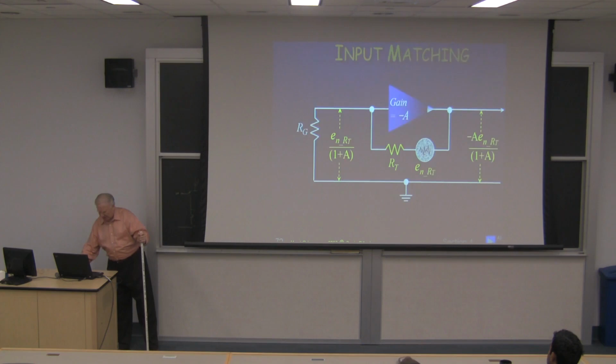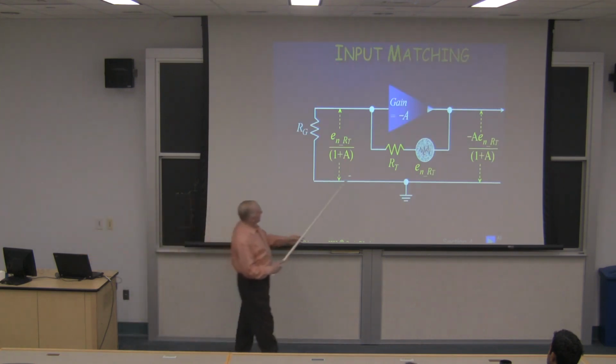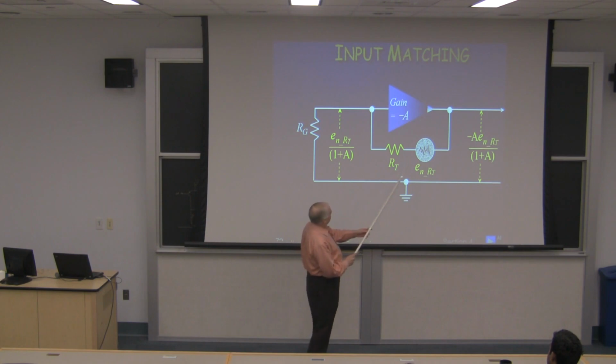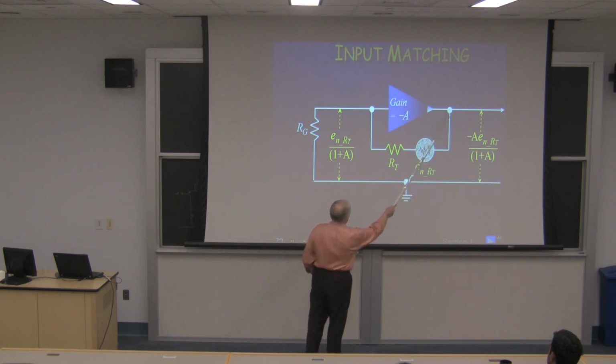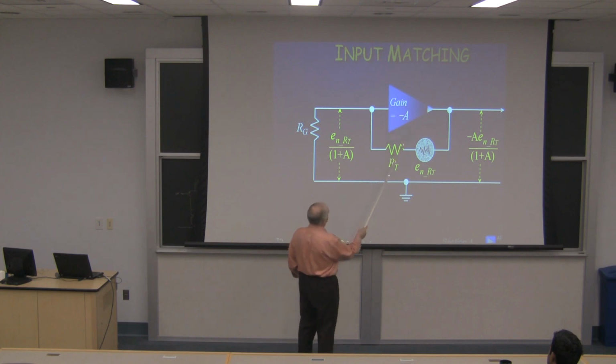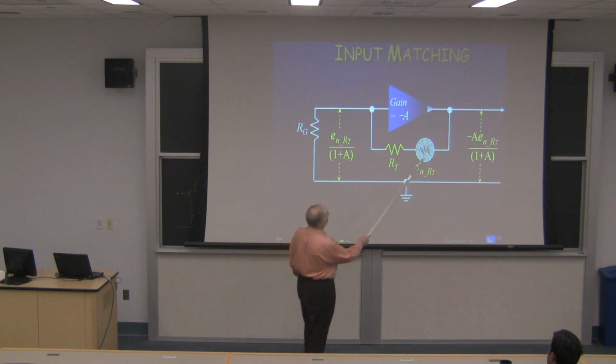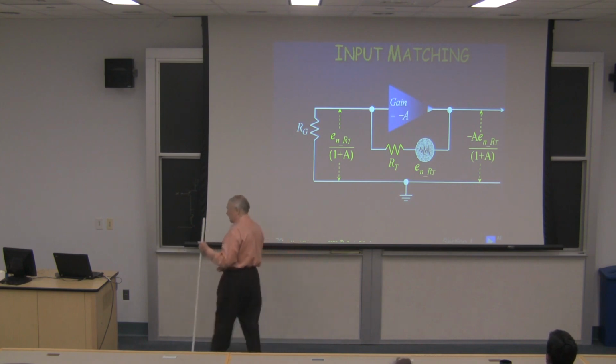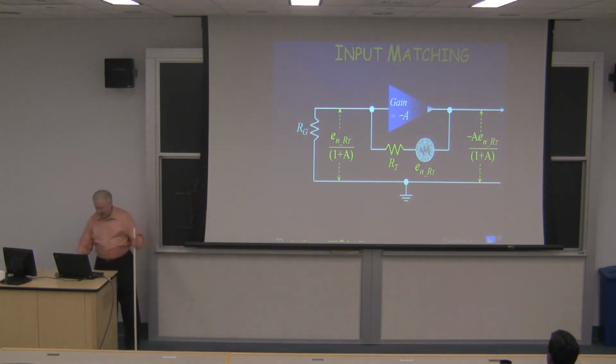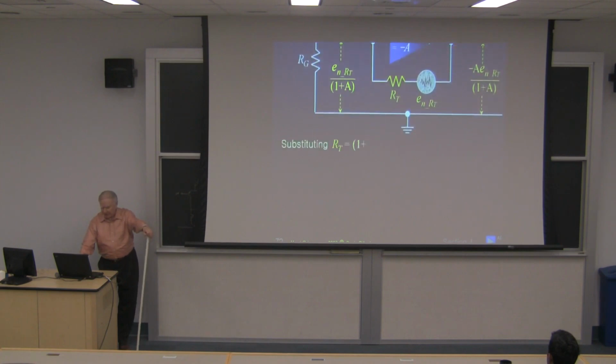You're supposed to be able to see the top of the screen. What I'm saying here is that this noise voltage is divided down by 1 plus A, because, again, the voltage magnitude between here and here, due to the minus A of the gain stage, is 1 plus A. And we divide it up into a little bit at the input, which is 1 plus A of the noise of this resistor, and a bit of the output, which is minus A times bigger, or A times bigger in magnitude. So we can look at the noises going through places, and that allows us to move the noise generator to a different spot,